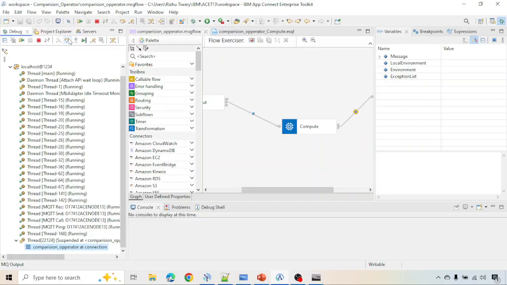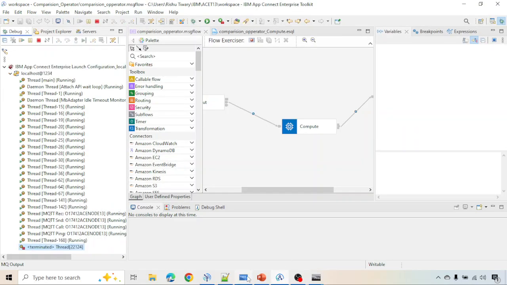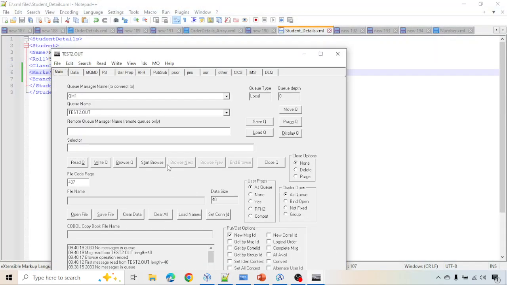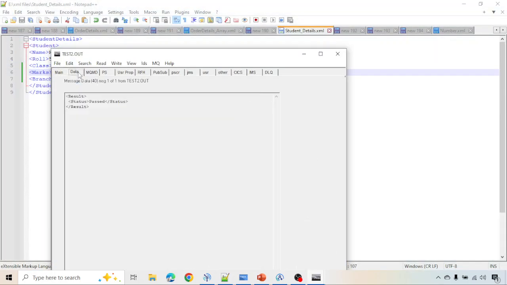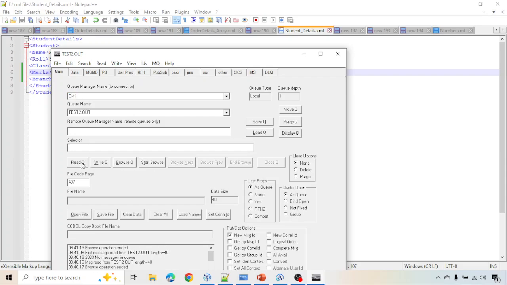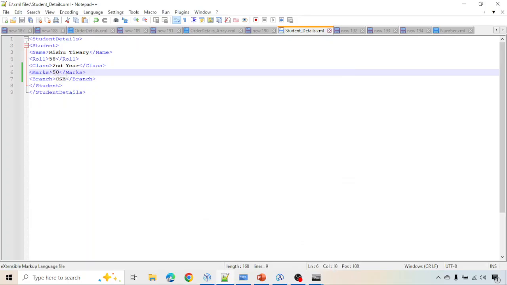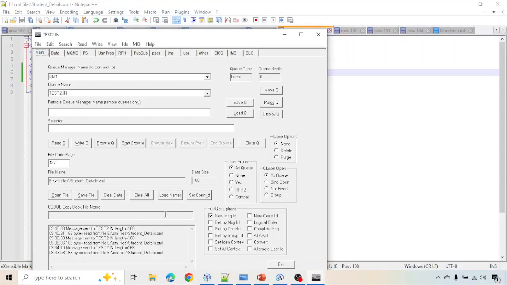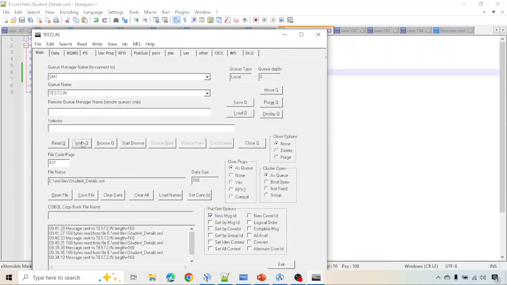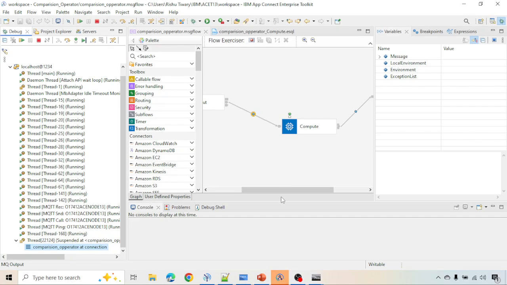So you can see, and the same thing you will be seeing in the output queue. Okay, now let's browse another condition. Suppose this time I am sending marks as 75. So if I again browse the queue and send a message, the message came